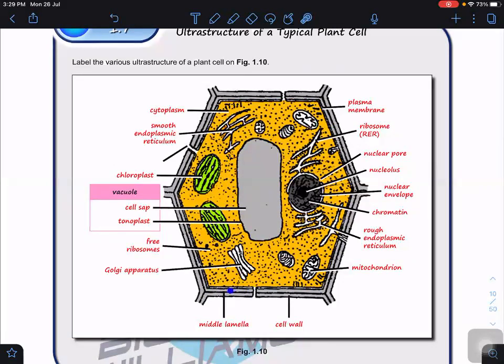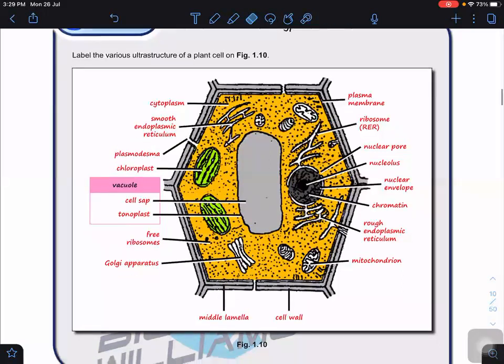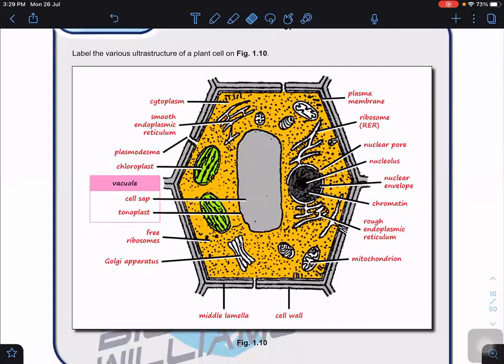The one I point to now is the cell wall of this cell. Then you can see the cell wall of another cell. In the middle of it, we call it the middle lamella. You can also see a gap, a pore, in the cell wall. Those pores are known as plasmodesmata, singular plasmodesma. I'll leave it a while so that you can check.